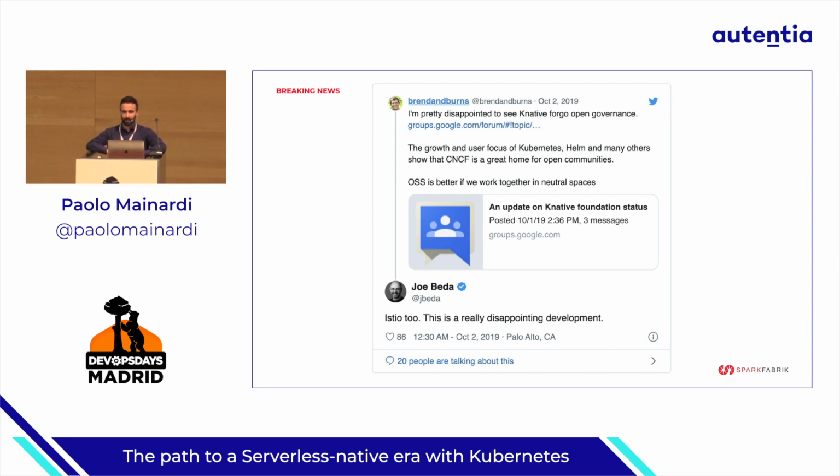As you can see here, Brendan Burns and Joe Beda, two of the co-founders of Kubernetes. We should remember that the CNCF and the whole cloud native ecosystem was created with that spark, when Kubernetes was donated to the Linux Foundation, I think six years ago. They decided to create this big community of developers and operators, promoting open governance and creating what we today call